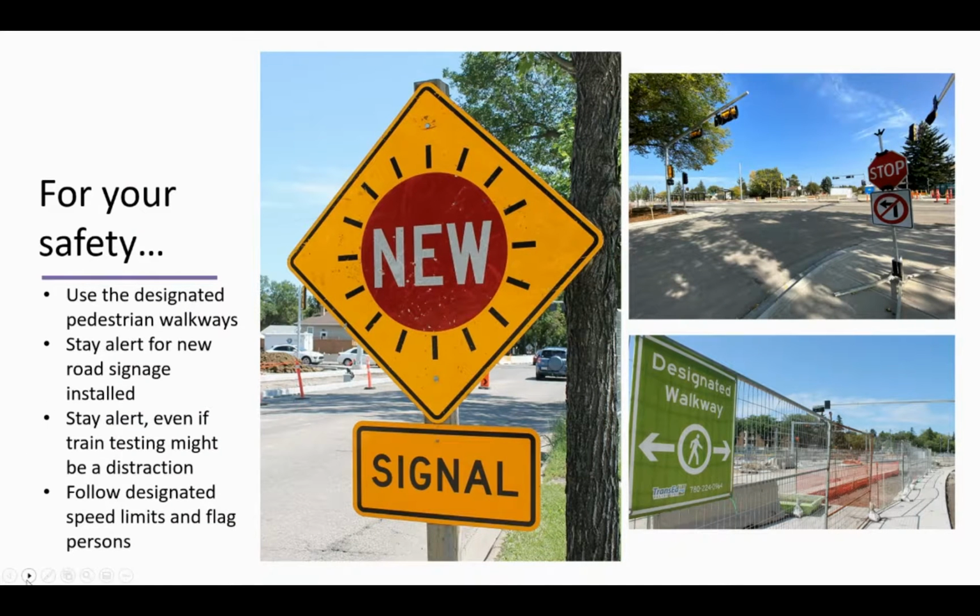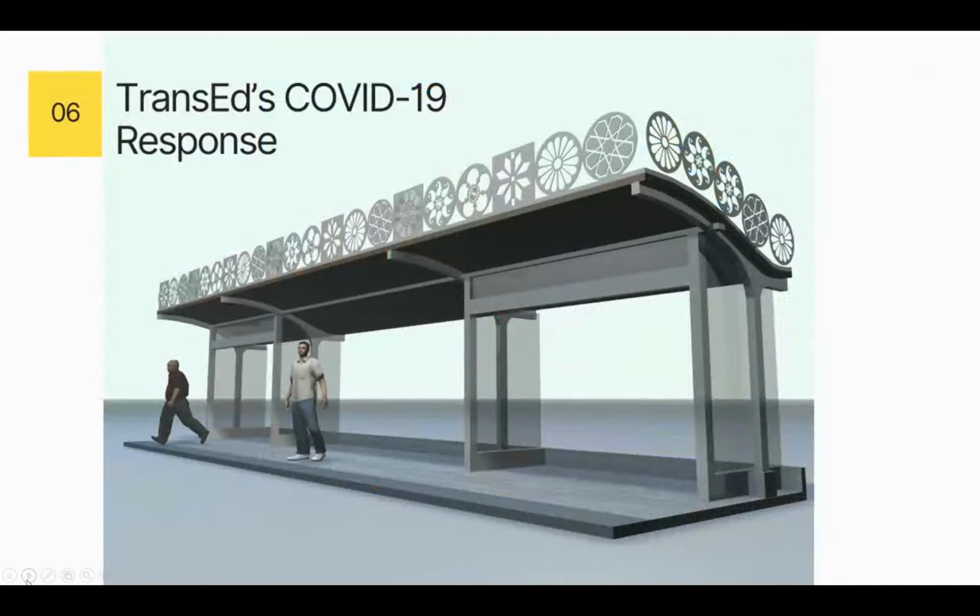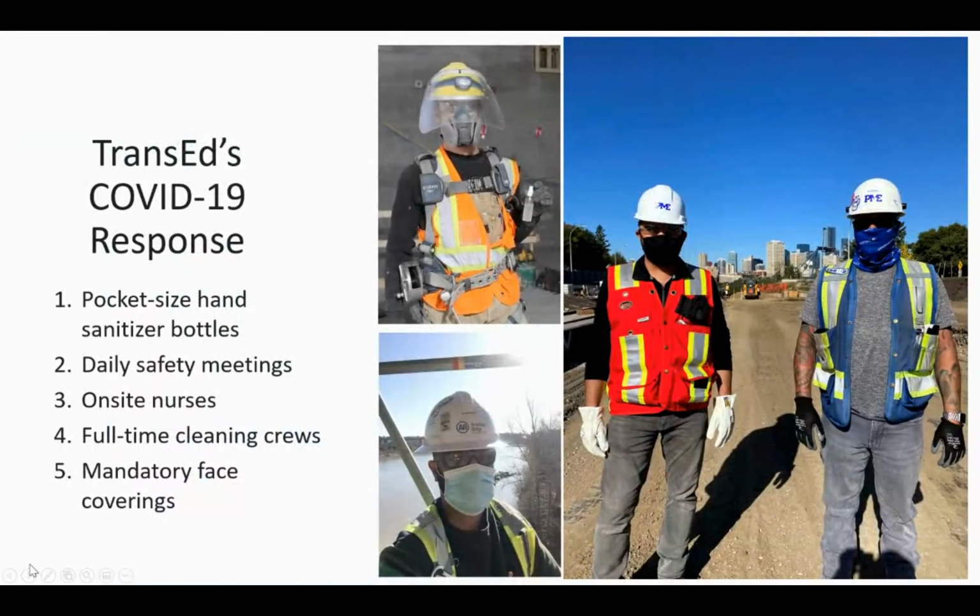All right. Now, I think we wanted to talk about COVID next. So COVID obviously has been a challenge for all of us. We're living it every day, as I'm sure you are. I have to take a moment, though, just to really thank our crews. The fact that they've worked an entire summer and had to wear face coverings whenever they were within 2 meters is really a testament to their abilities, first of all, but also their attention to making sure that they're keeping themselves safe, which then keeps their coworkers safe, which also helps to keep their families safe